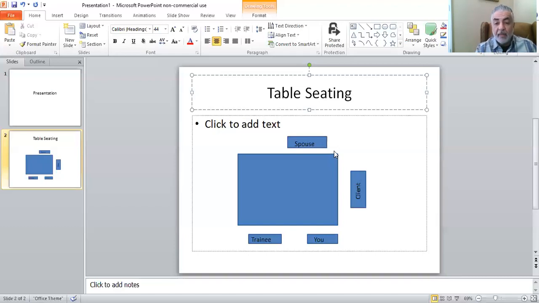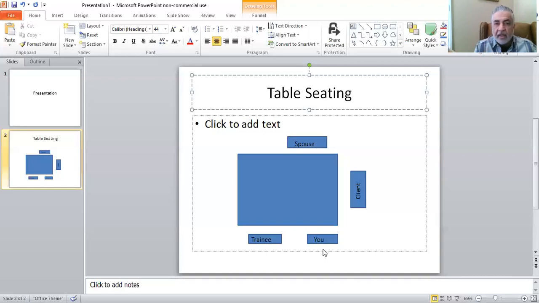Now, if you look at this diagram, I said that's you, the trainer, okay? I'm right-handed, so I wanted to have my right hand near the client and be able to near the spouse. So that's how I always used to sit. If you're left-handed, you want to flip this where you and your trainee are sitting at the top of this diagram if you're left-handed. Also, I'm a male, so I always made sure that the male client would be sitting next to me, and then the female would be across from me. I always made it a point of that. If you're female, you probably want to reverse that, where you want to have the female next to you and the male. There's a lot of reasons to that. If you think about it, it'll all make sense.